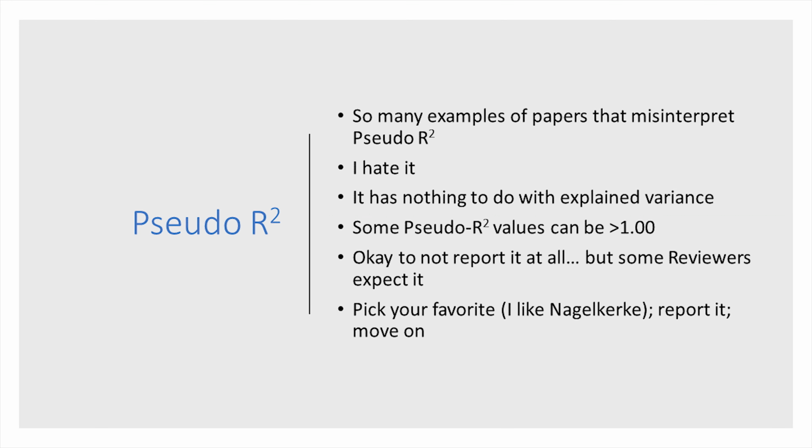The next fitness test that we can look at is pseudo R-squared, and I actually really hate pseudo R-squared values because there are so many examples of research papers out there that misinterpret the meaning of pseudo R-squared. Last week, and actually kind of this week, we were learning through linear regression the idea about R-squared as giving us an indication of explained variance. And so students might think, okay, so pseudo R-squared is just another way of looking at explained variance. We have adjusted R-squared, and now we can have pseudo R-squared.